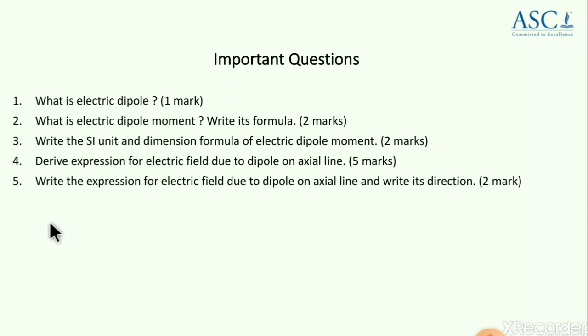So questions are like this. What is the net charge on an electric dipole? 0. What is the net electric field on the dipole? It is not 0, because when you calculate the electric field, the charges are separated by a small distance always. So distance is very much considered in the electric field formula, and it will never become 0.